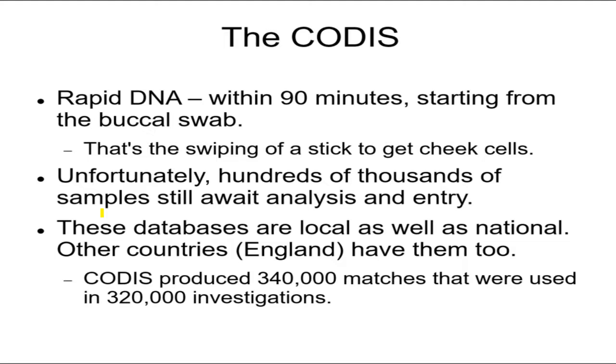And we can talk a little bit more about DNA later. It's such an important part of forensics. We really would have to. But anyway, they were still waiting for hundreds of thousands, and there are many more coming every day for us